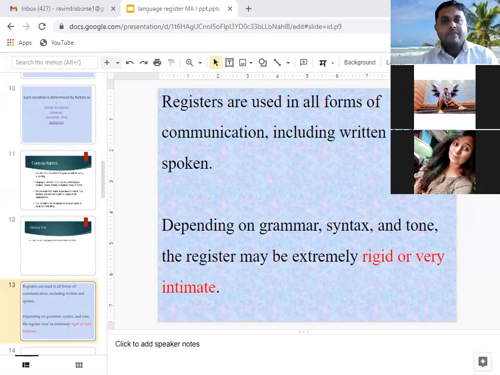Formal type of letter writing, informal type of letter writing. If you write to your teacher, a different type of language you would use, and if you write to your parents, different language you would use. Chatting with your teacher on WhatsApp and chatting with your close friend on WhatsApp, is it the same? No. Obviously not, isn't it? Particular words and particular sentence patterns are used. So depending on grammar, syntax, and tone, the register may be extremely rigid or very intimate. Extremely rigid,